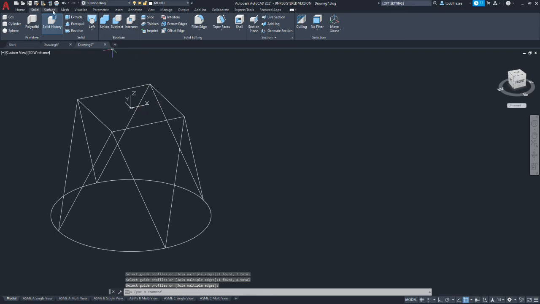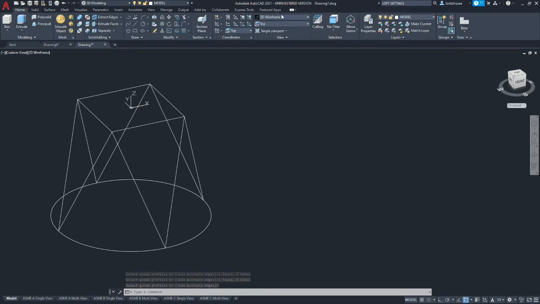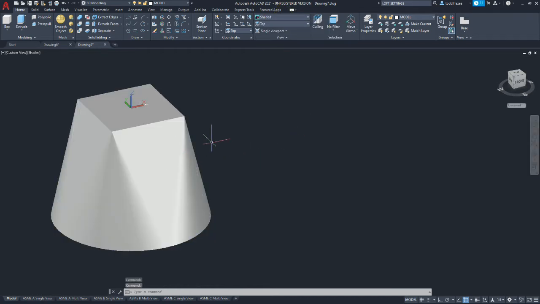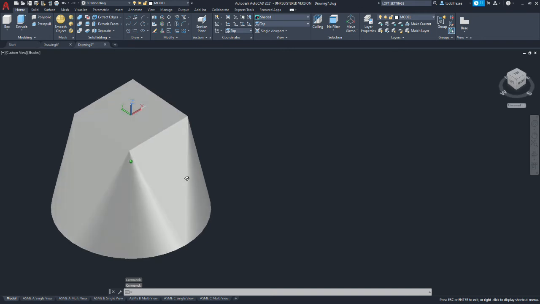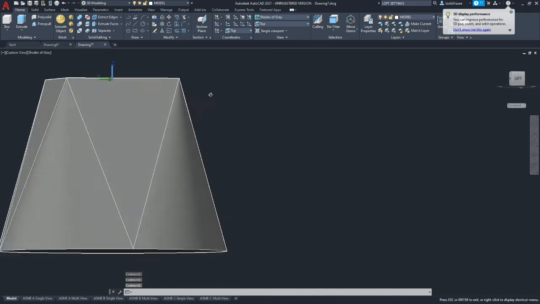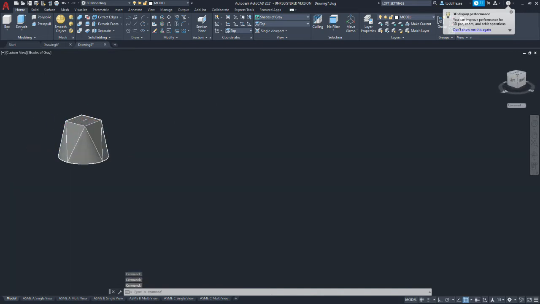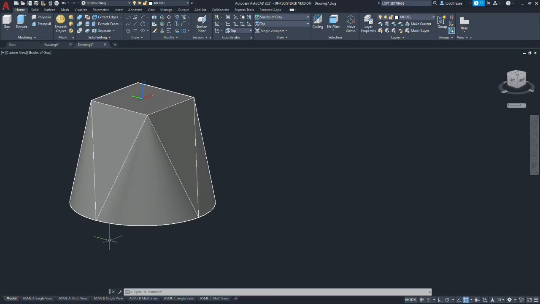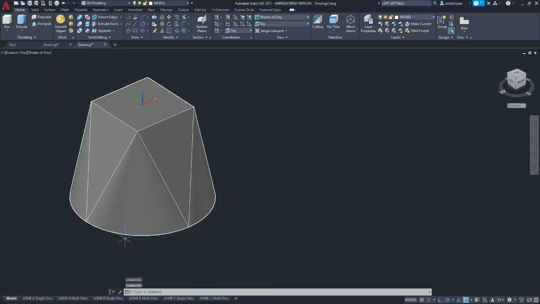And to verify that you have a surface or solid, you're going to go to shaded mode and take a look at it. And here we go, we have our facets. If I go to shaded with shades of gray, it's going to give us our hard edges. To me that looks pretty darn close to this. That part might be a little taller in proportion, but if you have something that's generally like this, it's going to be pretty close. Okay, so now we're going to go to press pull.